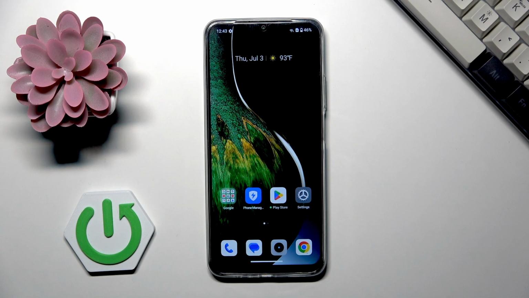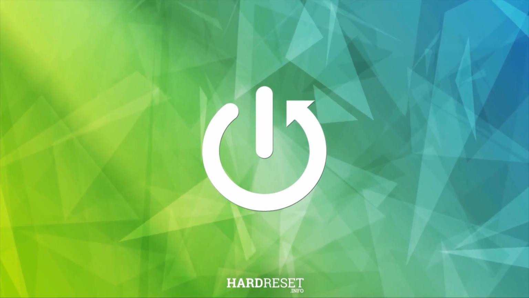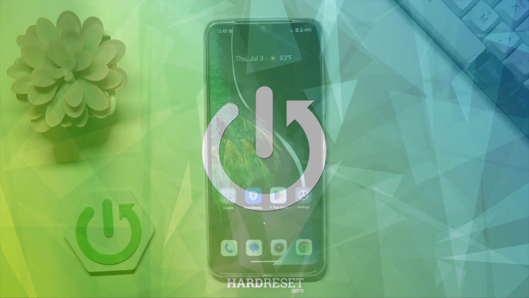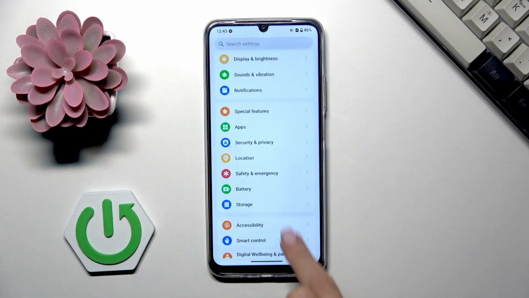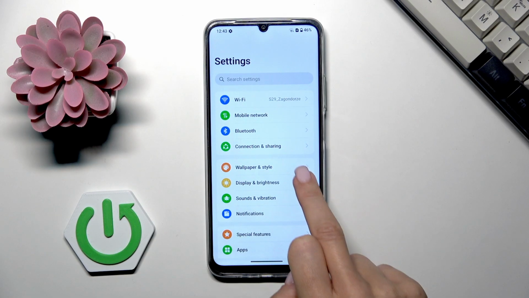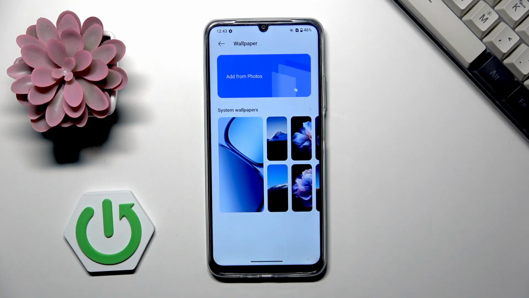Guys, in front of me is REALME Narzo 70, and let me show you how to change wallpaper on this device. So at first, open the settings, then find and select Wallpaper and Style, click on Wallpaper here, and now you